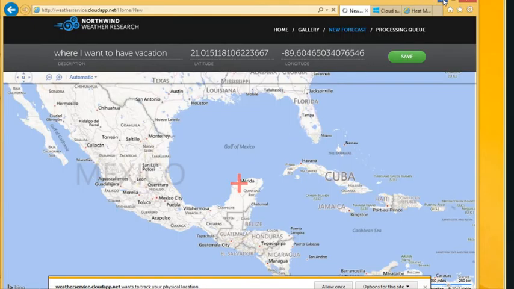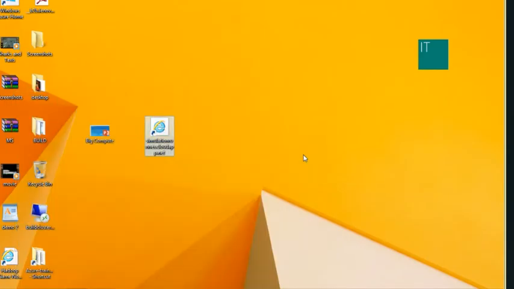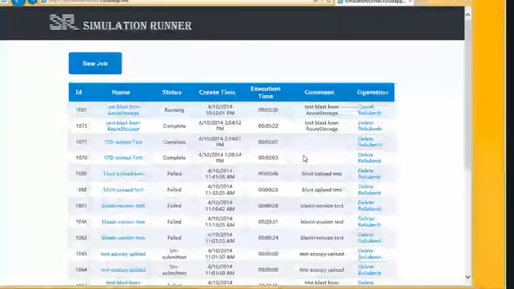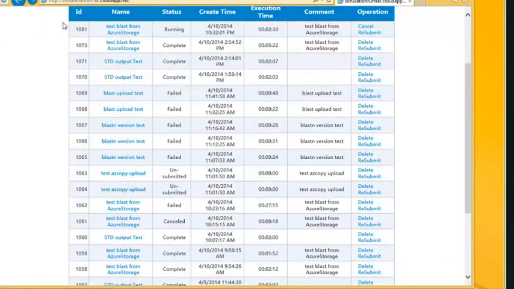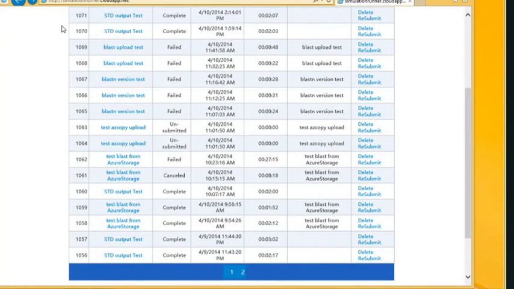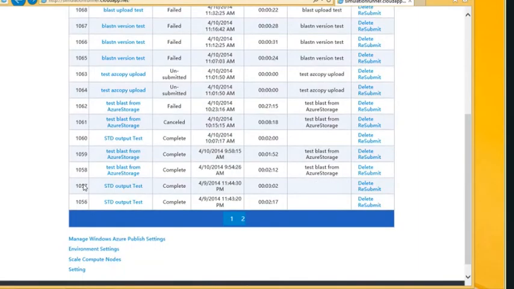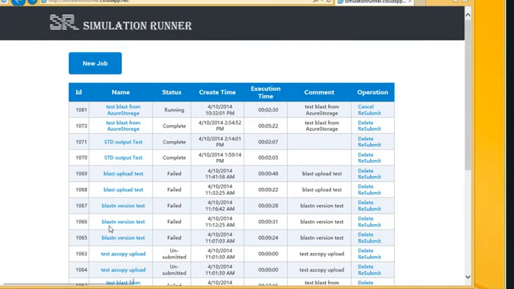So that brings us to talk about the simulation runner. The simulation runner is a work in progress, but it has gotten to a point where it's stable enough that I'm ready to look for some testers if you're part of the Windows Azure program. You're also welcome to use it in the next 2 weeks once we make it public. So here's something interesting: the simulation runner allows you to simply deploy a cluster by setting some of the environmental settings.